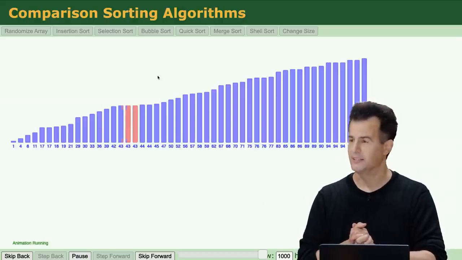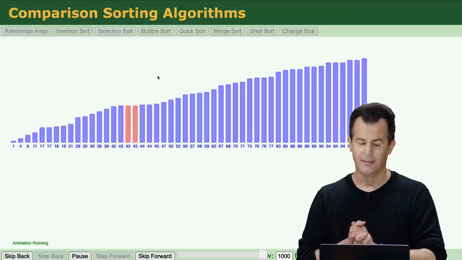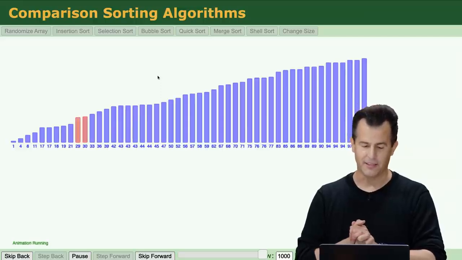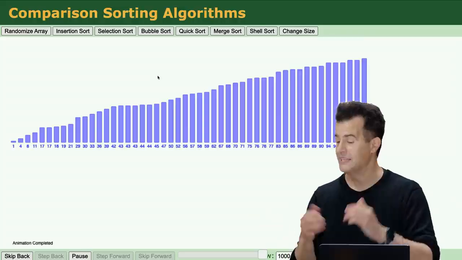I don't know if you need to be convinced that it's not going to do anything, but all right. It'd be like holding in a sneeze if we don't go to the end. Almost done, almost done, almost done. And no useful work was done. But it's now indeed sorted.